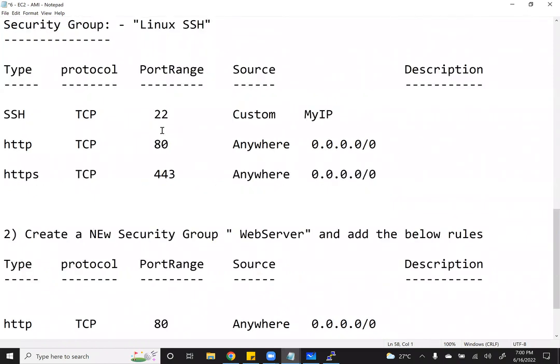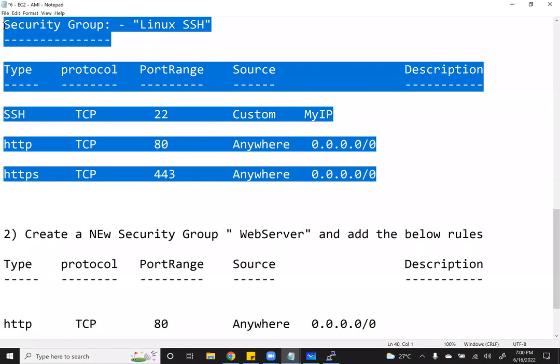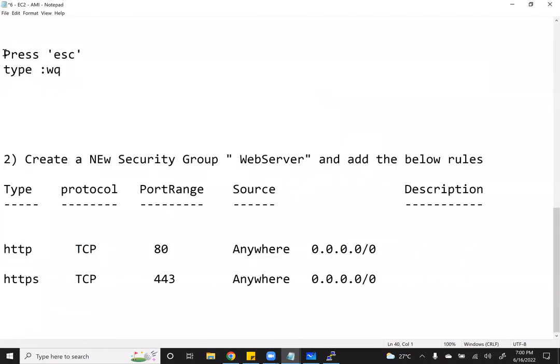So you can ignore this top one. Below these rules, in inbound